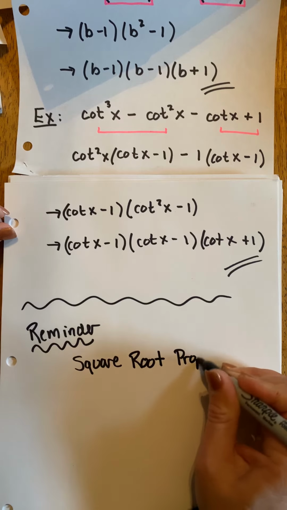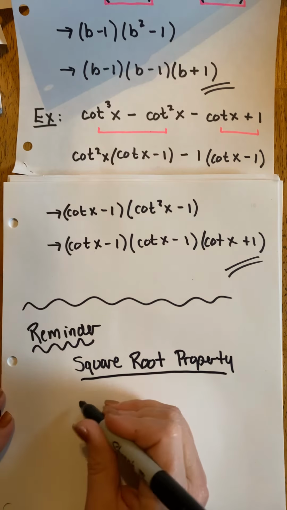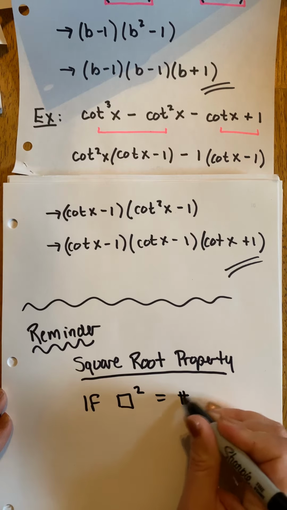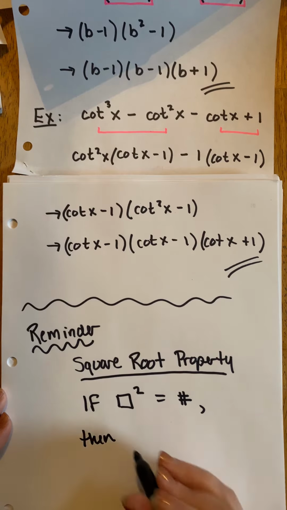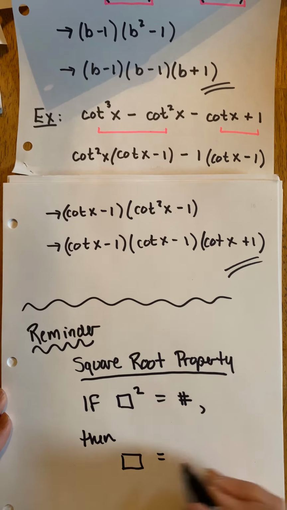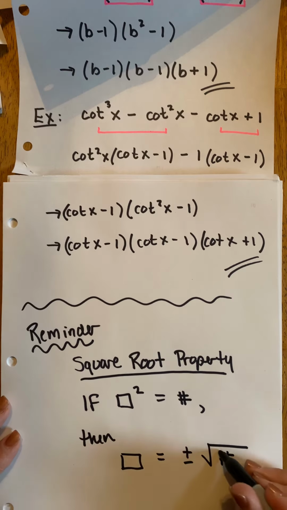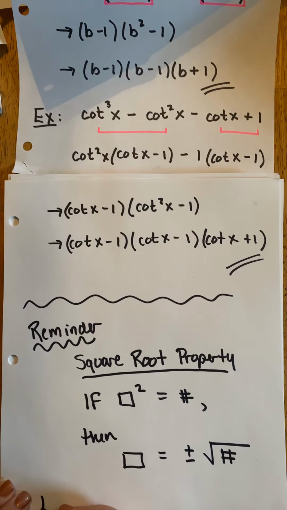Square root property. The square root property simply says if something squared equals a number, then that something is equal to the plus or minus square root of that number. So this concept is really super simple when we just use variables. So for example, if I said